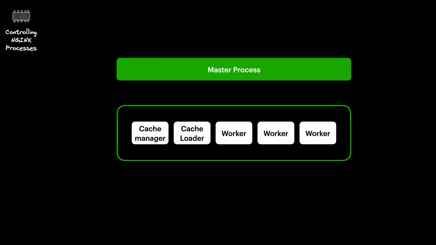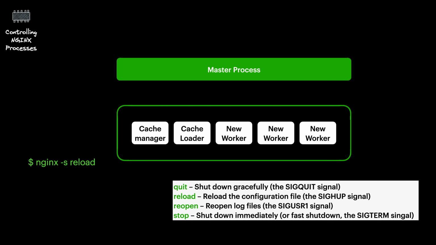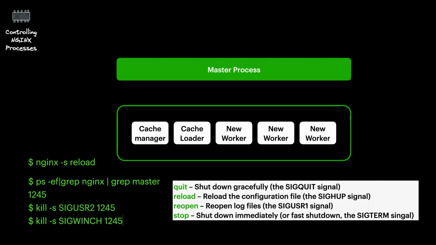Nginx configuration can be updated without downtime using the reload signal. With reload, one by one, the workers stop accepting new connections, finish the currently ongoing connections, and then are recycled. There are also signals for graceful shutdown, reopening the access and error logs, or stopping the Nginx service immediately. Even the Nginx executable can be upgraded on the fly by replacing it with a new one and then sending the USR2 signal to the old process.